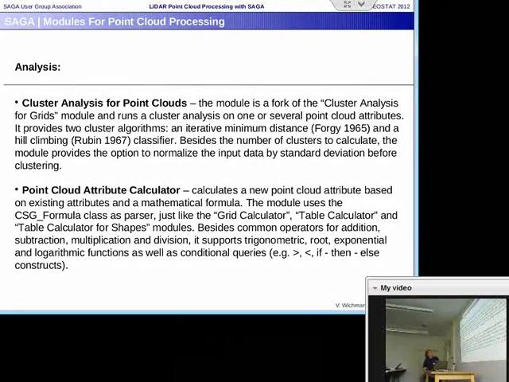And then we have analysis tools. For example, we can perform cluster analysis on point clouds to automatically group points, hopefully into useful classes. We have a point cloud attribute calculator, which is more or less the same as a grid calculator as you know it, but you don't work with different grid layers. You work with different attributes. For each point, you have your attributes, and you can perform calculations on these